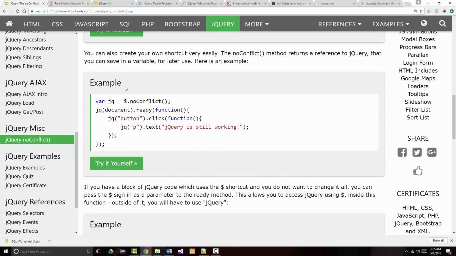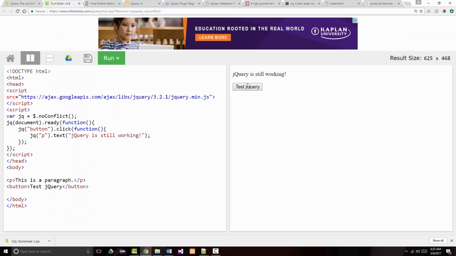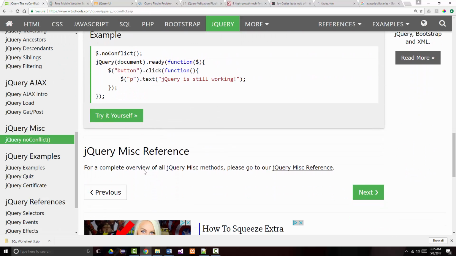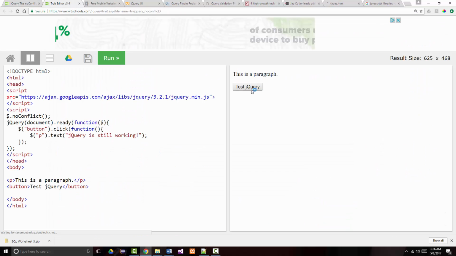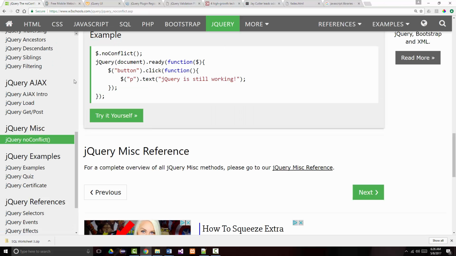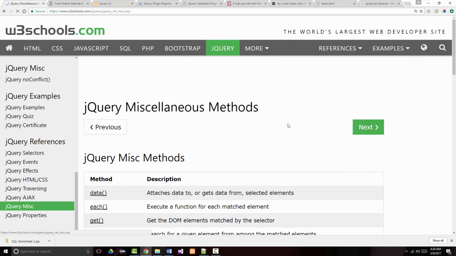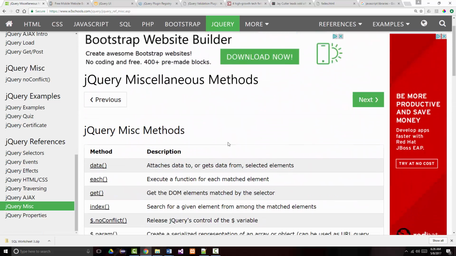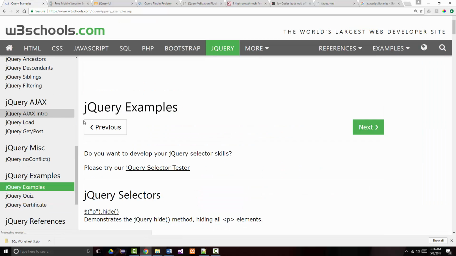You can also create your own shortcut very easily. And again, you notice that it's still working. That's pretty heavy stuff. All right. And lastly, when you look in here, notice again, jQuery miscellaneous reference. So there's other stuff here that they're not talking about. All right. The examples,